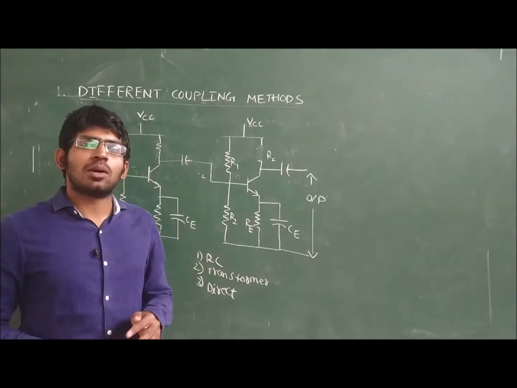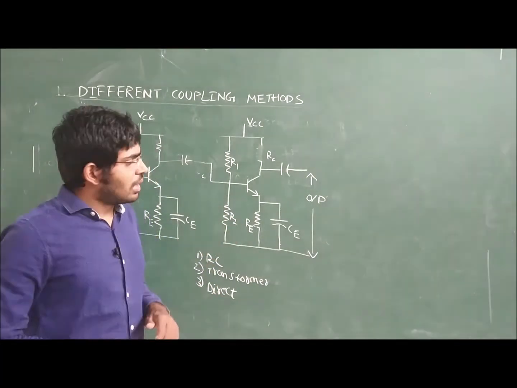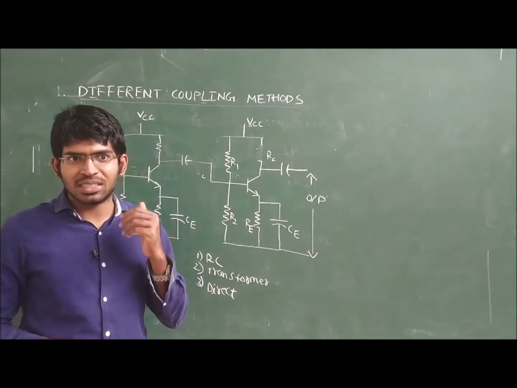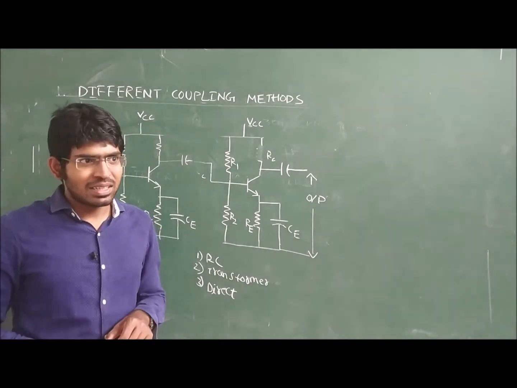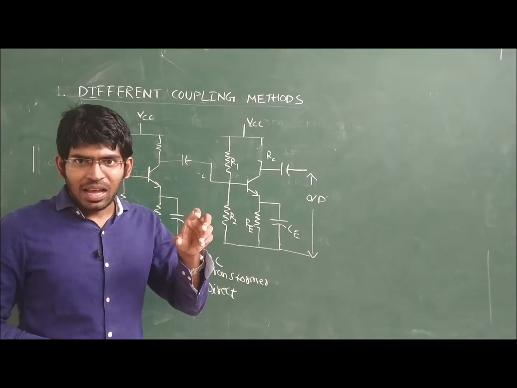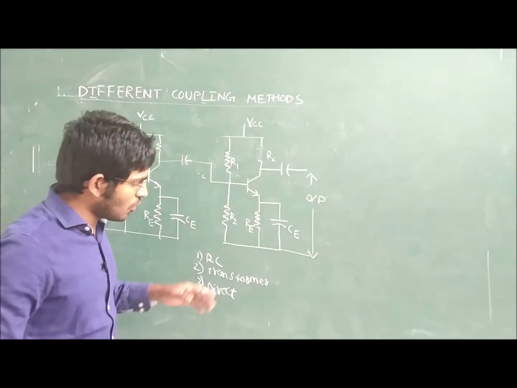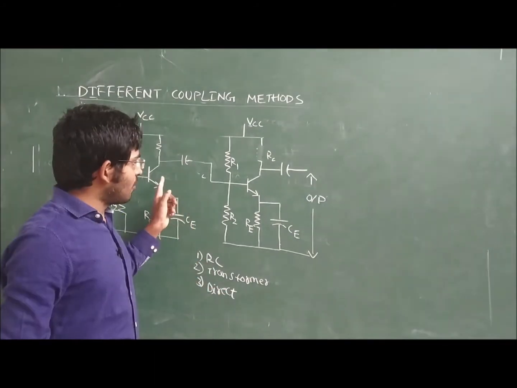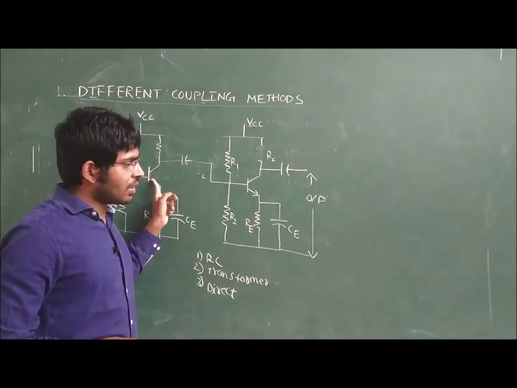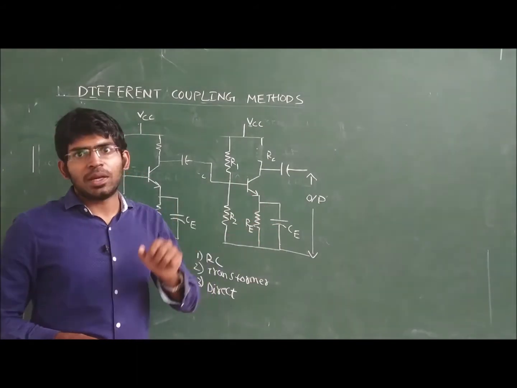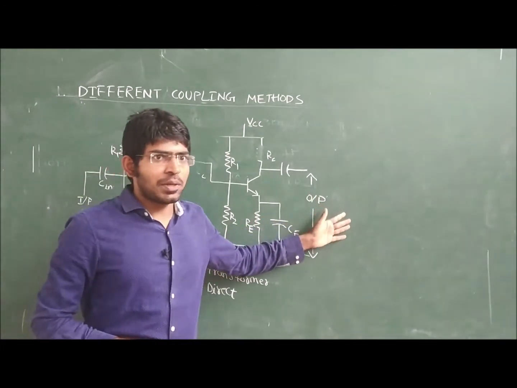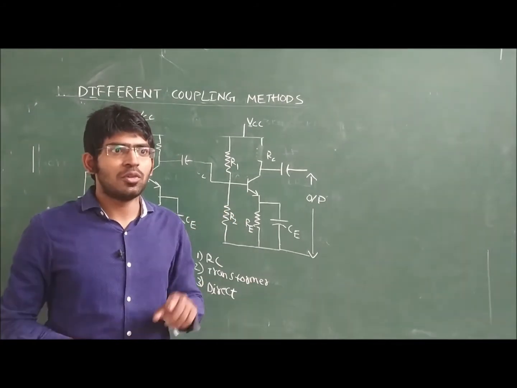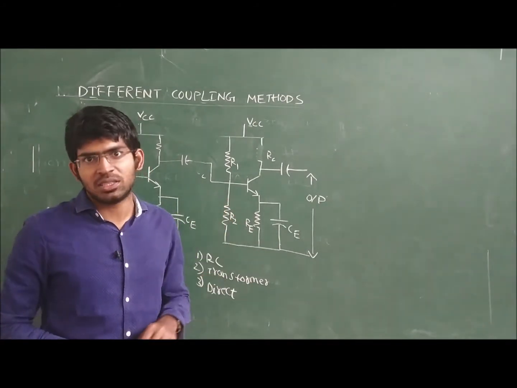And the last one is the direct coupled amplifier. The two amplifiers we discussed so far do not have the capability to amplify a DC signal. When our operation is amplifying a DC signal, then we will go for the direct coupled amplifier. When we use the direct coupled amplifier, we take one NPN transistor as an amplifier, the second one as a PNP amplifier, the third stage as NPN and the fourth stage as PNP. This is called complementary symmetry. Only for the direct coupled amplifier will we use this configuration.